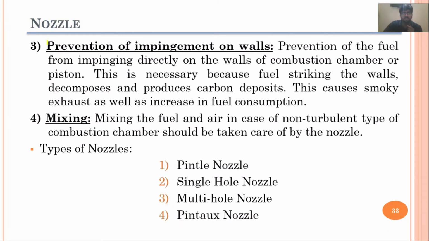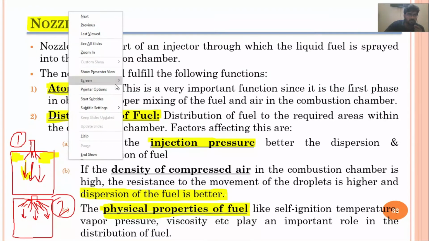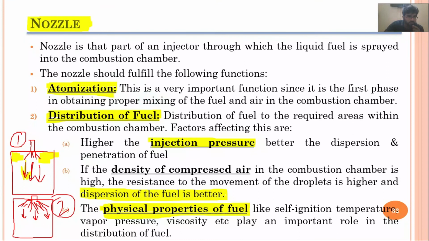Next is the prevention of impingement on walls. A nozzle has to ensure that we do not have any amount of fuel accumulating across the walls of the combustion chamber. Okay, so a nozzle has to ensure that. What will happen if we have such a scenario? For example, if some drops of fuel